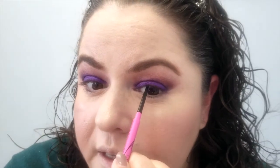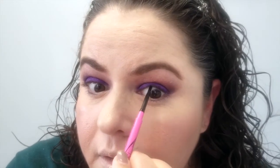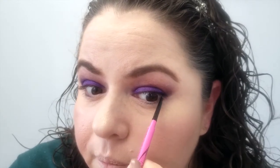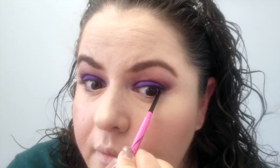So for the 2 steps, I'm going to use 2 different eyeliners, and the first one I'm going to use is for the tight line, which is that line underneath the eye. Now I told you guys before I like to do this because of my hooded eyes. It makes the eye stand out, but if this is not comfortable for you or you don't like this, just skip this step. This is not only going to add an opening to the eye, but it's also going to make the eyelashes look a little bit thicker because it's going to darken the base of the eye. Okay, so with that done,